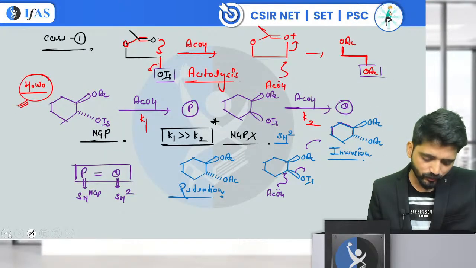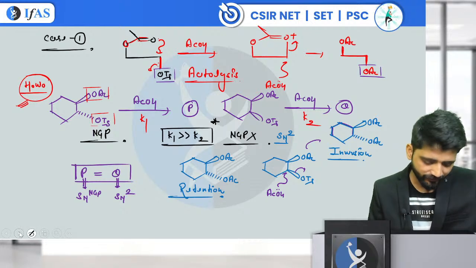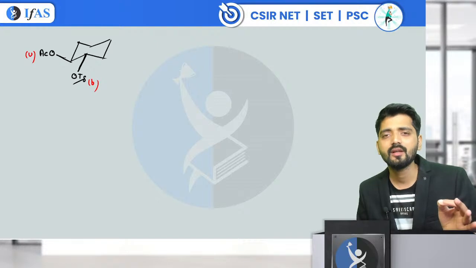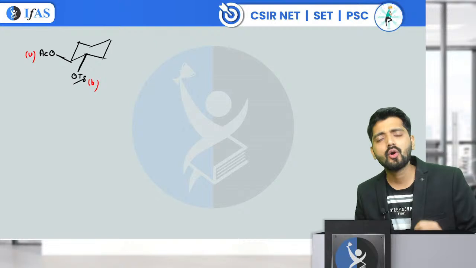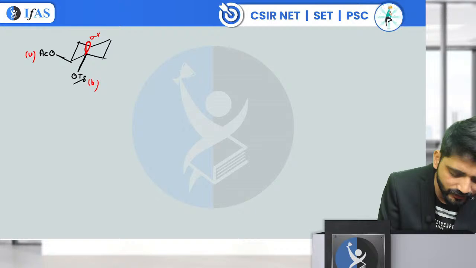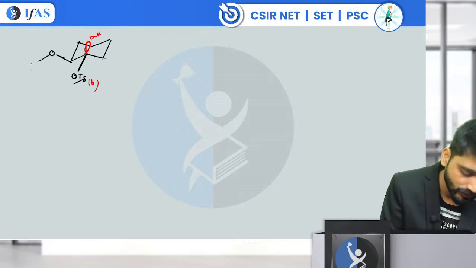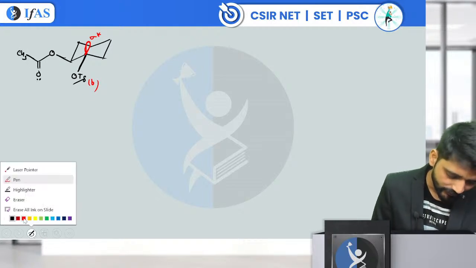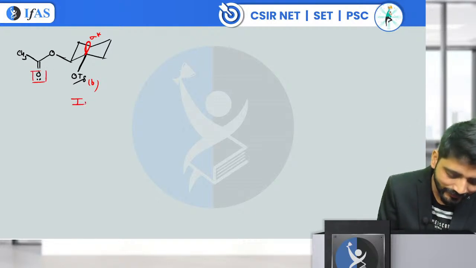So I have kept them at the equatorial position. This was the scenario. If I look at the substrate, the OAc was above the plane and the OTs was below the plane, and I have kept both of them equatorial because this would be our first choice looking at the stability. But in such a scenario, they are not anti to each other. What I am trying to say is its sigma star orbital is present somewhere here, and the oxygen lone pair of the OAc group, if I expand this Ac group, looks like this. Now this lone pair is not able to approach the sigma star orbital,